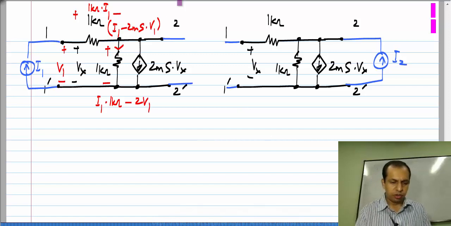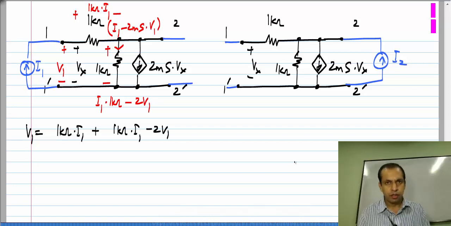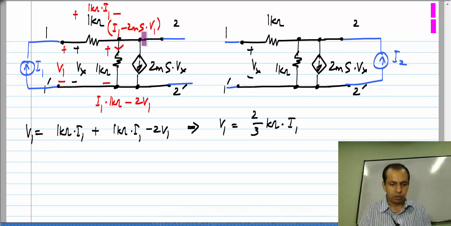Also, the voltage V 2 is nothing but the voltage drop across this 1 kilo ohm resistor. So, I will write these two equations. First of all, V 1 equals the sum of voltage drops across this one and that one, which is 1 kilo ohms times I 1 plus 1 kilo ohms times I 1 minus 2 V 1. From this we see that V 1 is 2/3 kilo ohms times I 1,